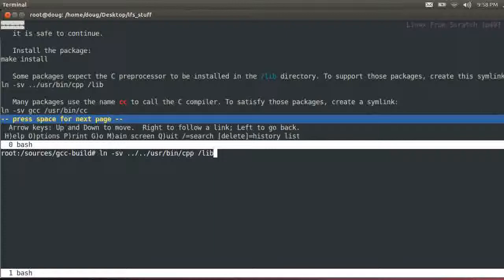There's another one in ncurses, and another one I think in vim. That's another reason why to use your tab, because if not, you'd be linking to something in the sources directory that really isn't there. It's not supposed to be at that level. It's actually supposed to be higher in the /usr directory. So ln -sv gcc /usr/bin/cc.